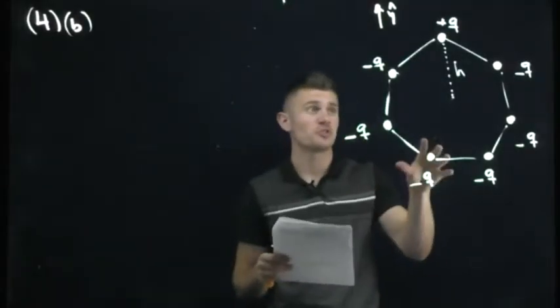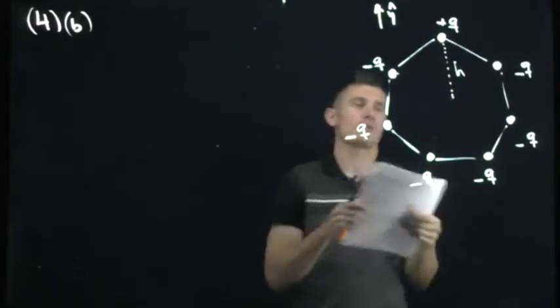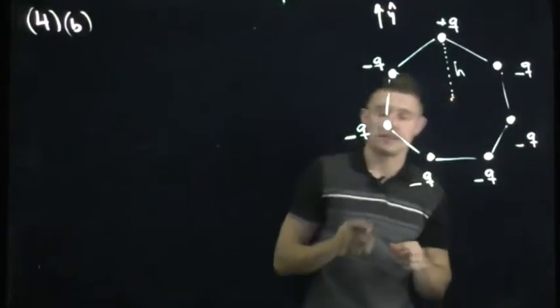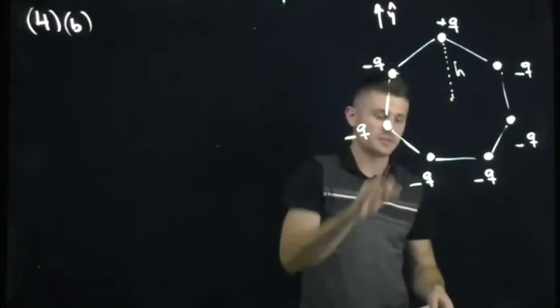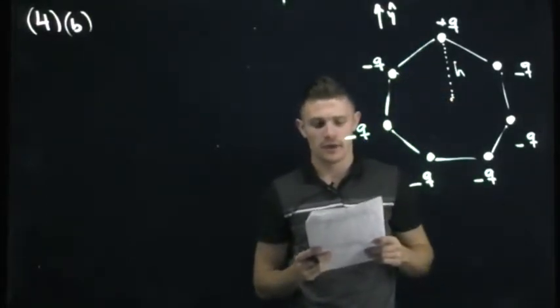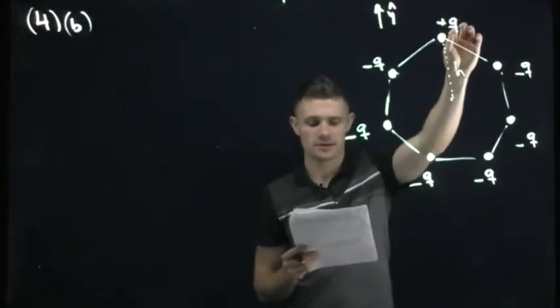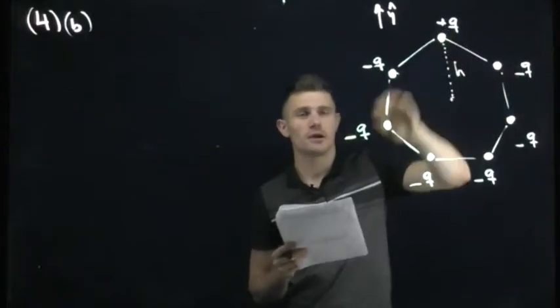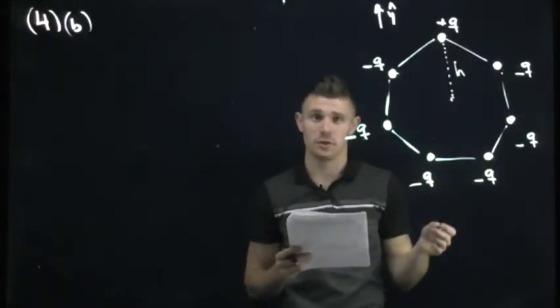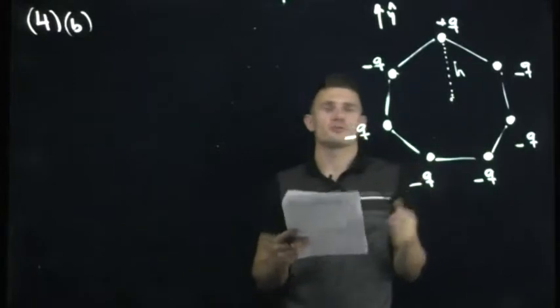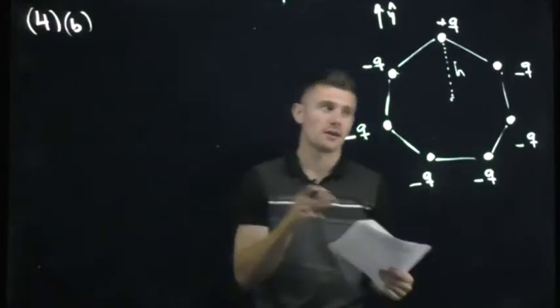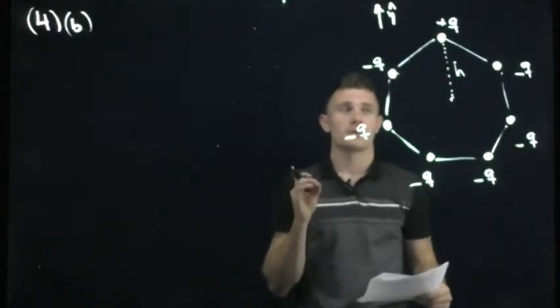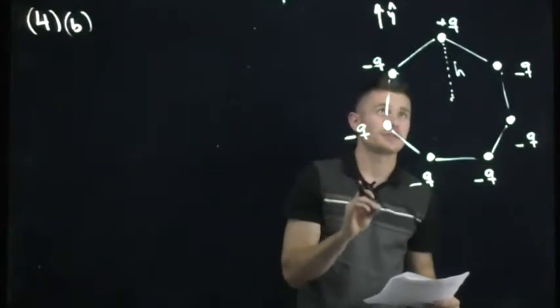For part B of this problem, we had the exact same charge distribution set up with our heptagon. Everything's centered on this origin here at a distance h. There's a distance h between each of these points. However, here we have that on the top there's a positive charge at the 0, h, 0 position, and it's positive q, and every other charge in this distribution is now negative q. So we think, wow, this is really hard. Now we have to use Coulomb's law again, add all the vectors, more math,